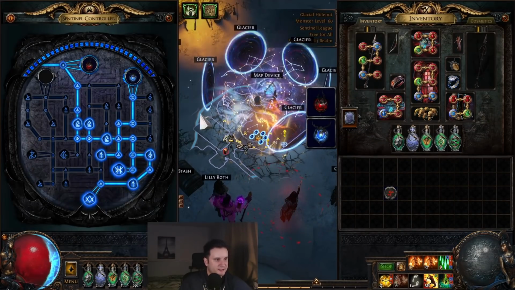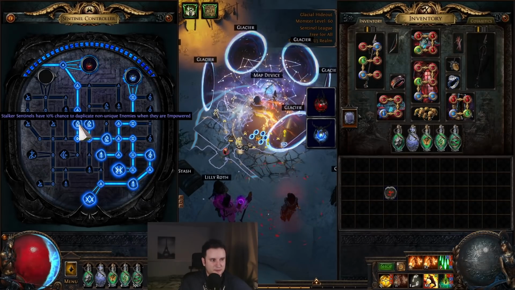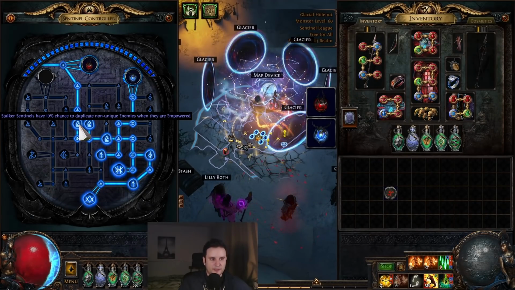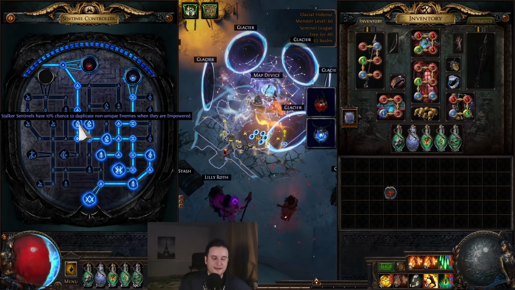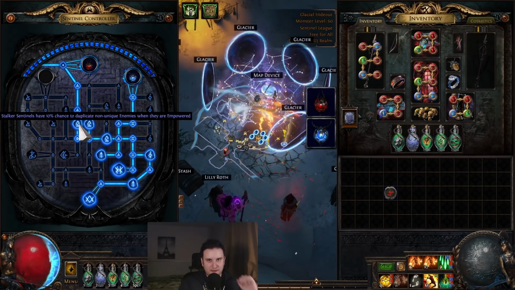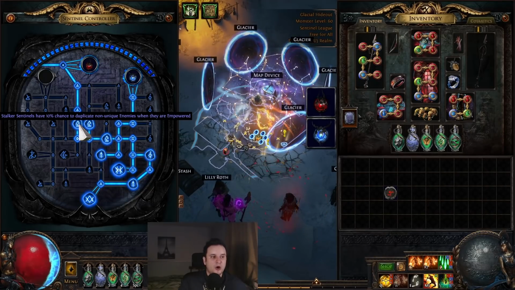Now, if you look at your Sentinel tree here, if you're using the red or the blue Sentinel, there are two nodes that I want to bring your attention to. Stalker Sentinels have a 10% chance to duplicate non-unique enemies when they're empowered. Whenever you're zapping an enemy, there's a 1 in 10 chance that that enemy gets duplicated, also being able to